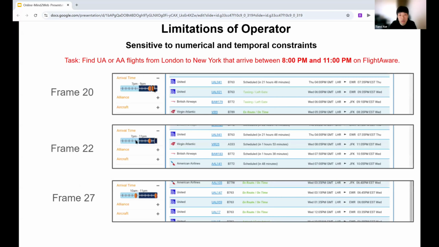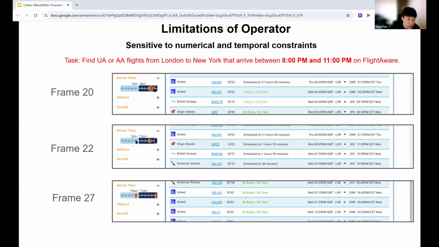Although Operator has certain advantages, it also exhibits several limitations. It is sensitive to numerical and temporal constraints that are required in the task. Here are several examples. So this is the first example.